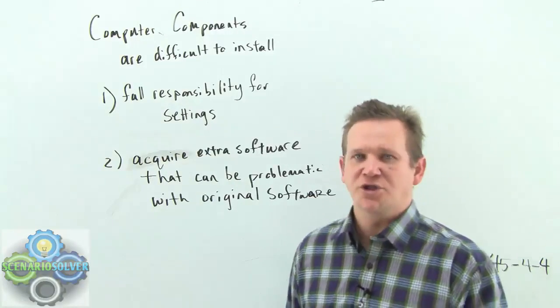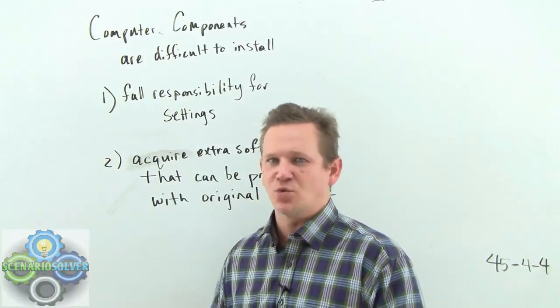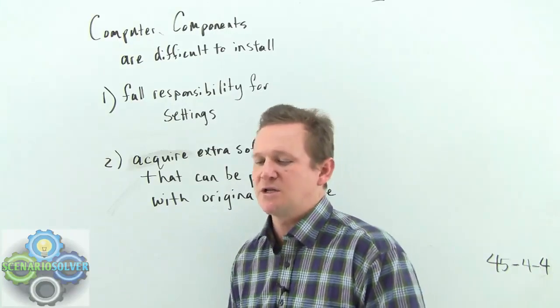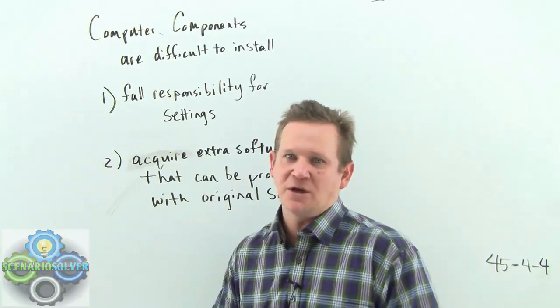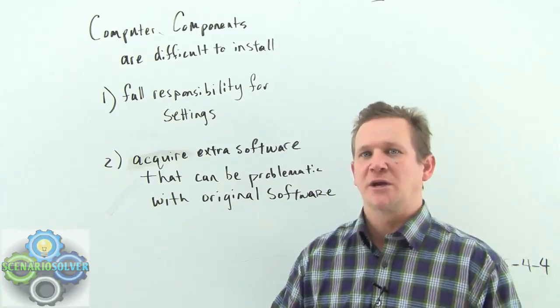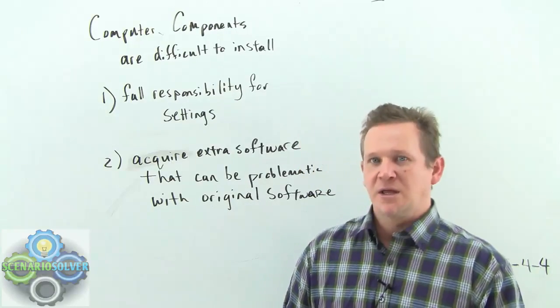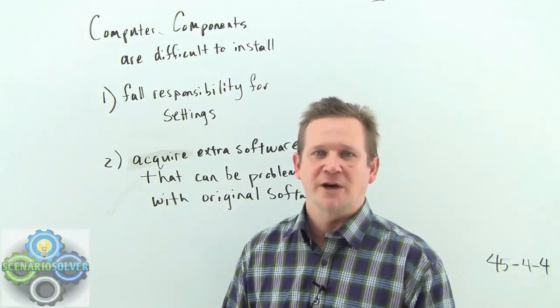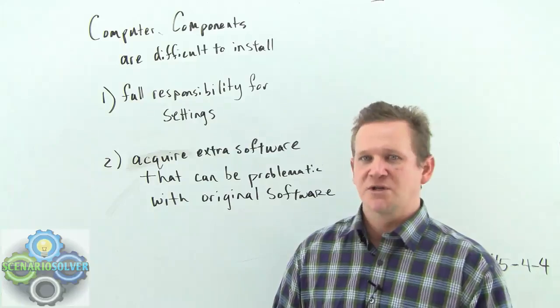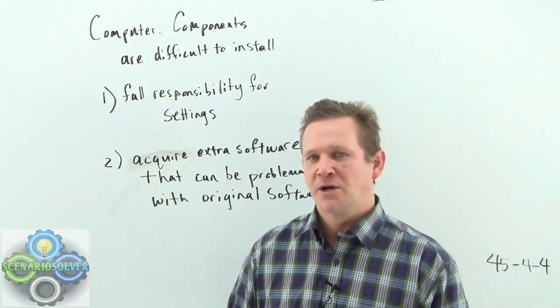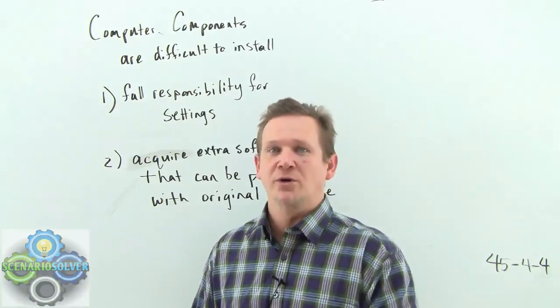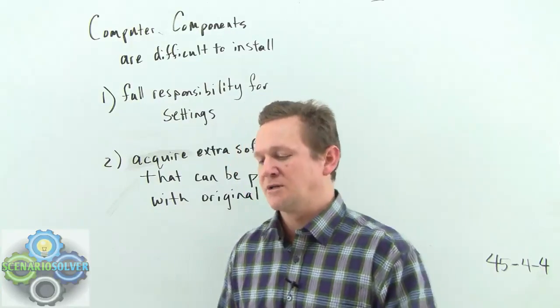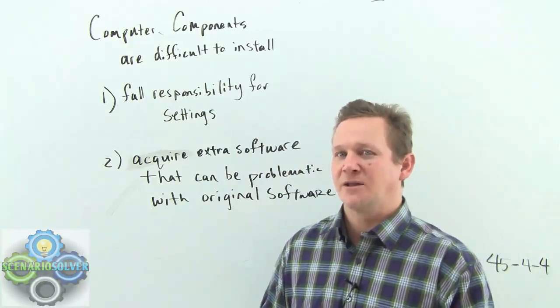Okay, we're looking at question 4, which basically asks us to weaken an argument. The complexity here is that you need to realize that there's an inside argument and an outside argument going on. The inside argument is from the computer manufacturers, and they're saying, look, installing accessories is not a big deal. The outside argument, the one that we're going to ultimately be weakening, is from the viewpoint that, hey, the computer